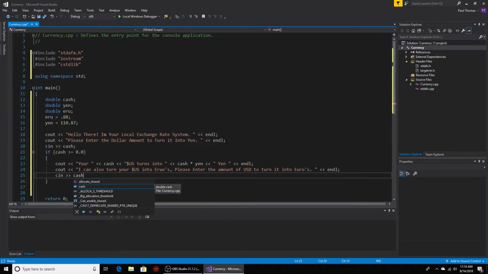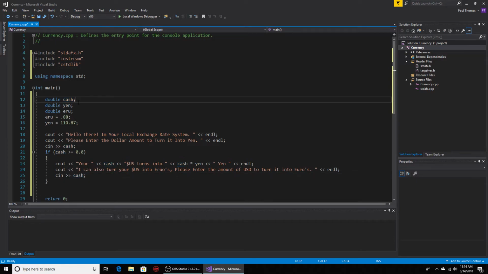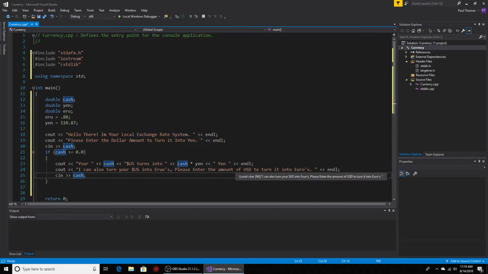Now, the reason why, let me just pause real quick. The reason why I didn't make a cash 2, and I totally could, and that would work. If I made basically another double, and I said cash 2, I could totally do that. But the reason why I'm just leaving it as cash is because what we're doing here is entering in something for cash, right? And as long as cash is greater than 0, it'll turn my cash into yen, whatever dollar amount I did, and it'll give me that amount in yen. Then it's going to ask me again. It can also turn the US dollar into euros. So